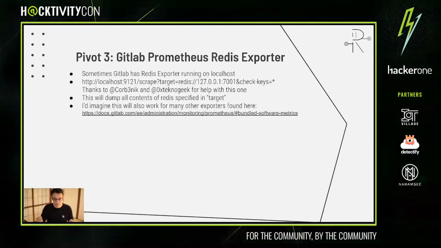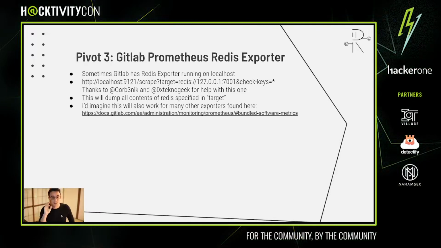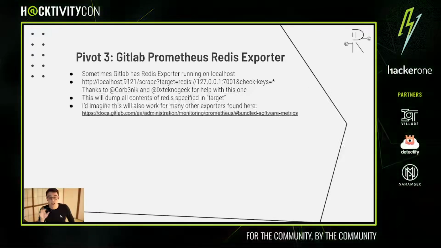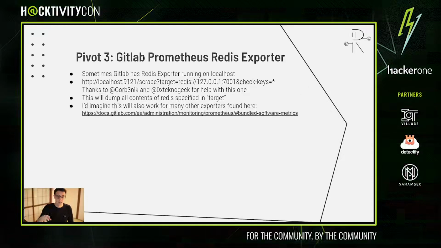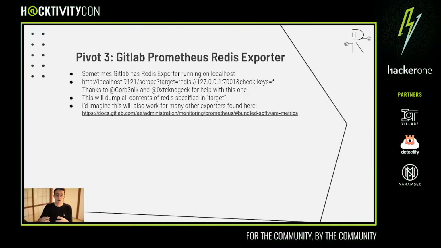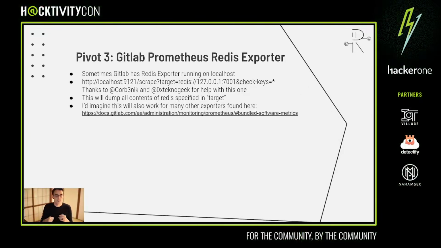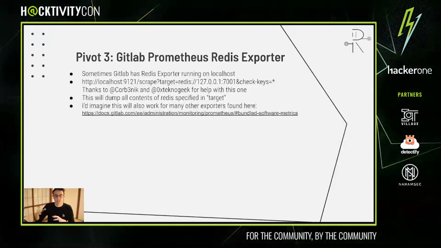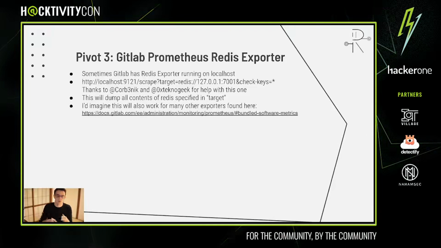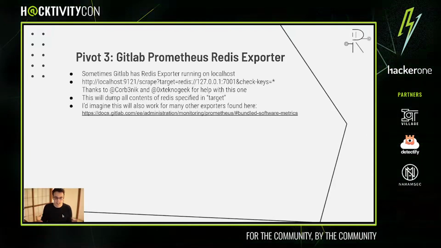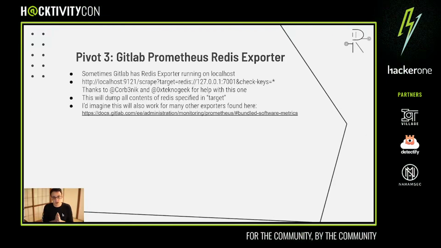All right, so speeding up a little bit again here. The next pivot is the GitLab Prometheus Redis exporter. A lot of times in GitLab, for monitoring purposes, they'll have these sort of exporters where you can see the contents of various different services. So there's a Postgres one, there's a Redis one, there's a bunch of other different ones. So I was playing around with this with Corbinek and TechnoGeek, and we found that if you hit, normally it runs on